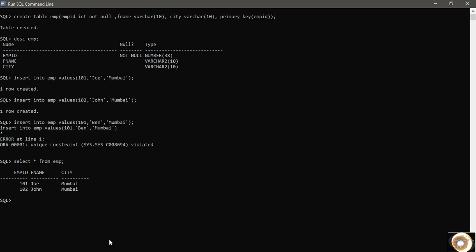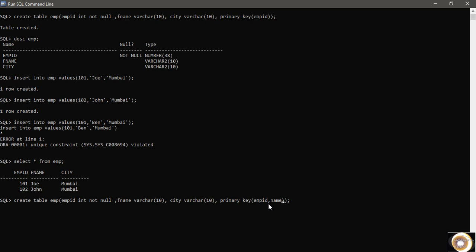So I can take two columns, not two primary keys, I can take more than one column as a combined primary key. What I want to say is, when you are defining the structure of the table, here you can take employee ID and his name also. So for each row in a given table, employee ID plus name, both fields should be unique together. It means if 101 Joe is present, there can be another 101 also, there can be another Joe also, but 101 plus Joe, these two combined fields cannot exist again in the table.